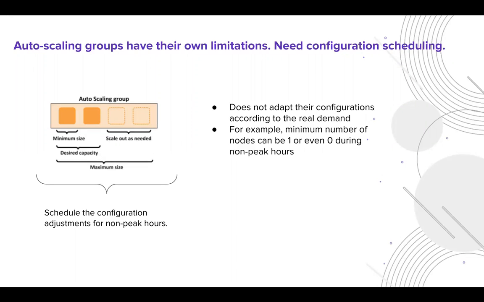So they ask us to give them a facility to schedule the configuration change on a certain day at a certain time slot. And so we give them all of the hours within a week, and then they can schedule the maximum and minimum size according to their need. We will also provide them with recommendations on what we think they would need according to the utilization of all these auto scaling group members.